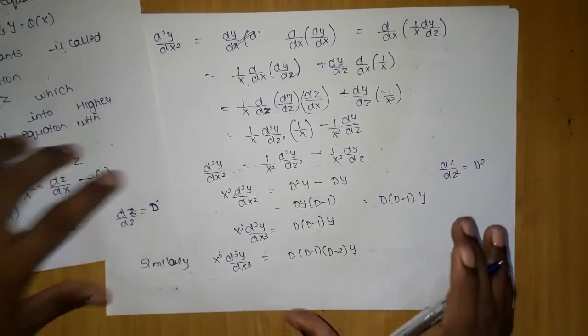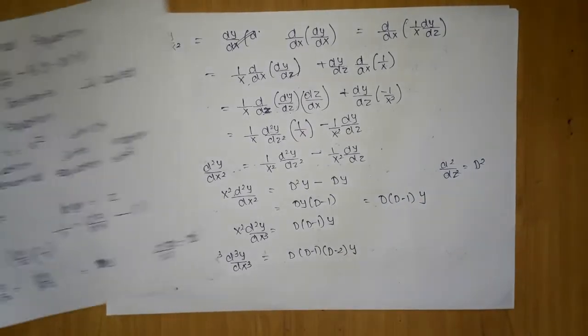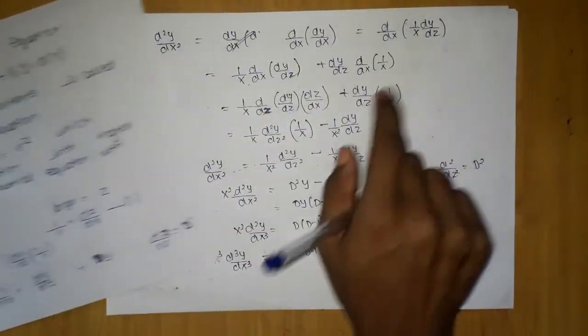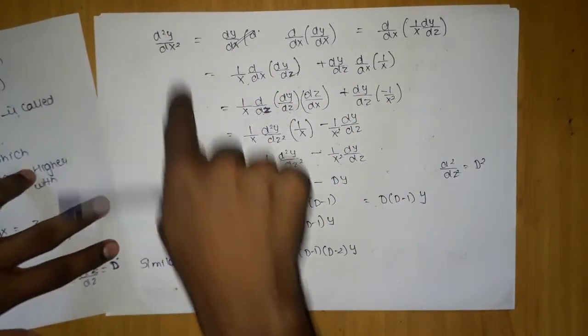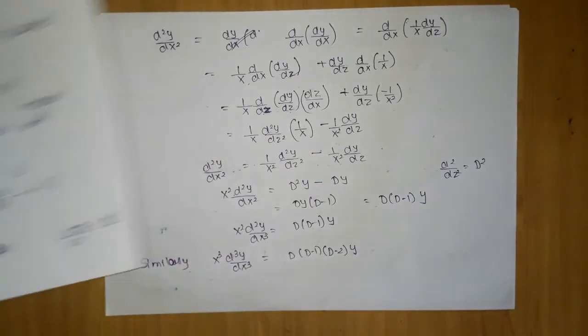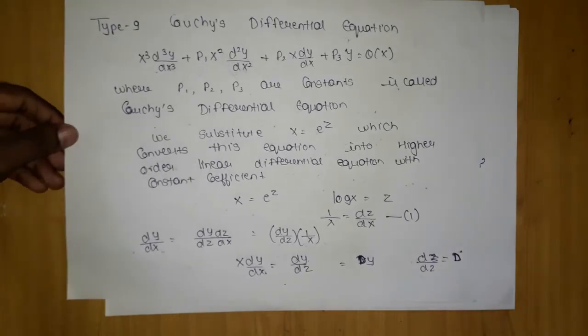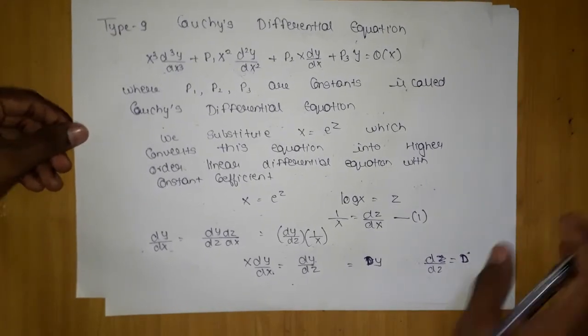So you got a basic idea of what to do, but when you solve a problem, you have to just prove for this one in the problem. But you can use similarly and you can prove these two. You don't need to write these two, you have to just write this one if you go to a college examination and write the answer. Okay, keep this thing in your mind.